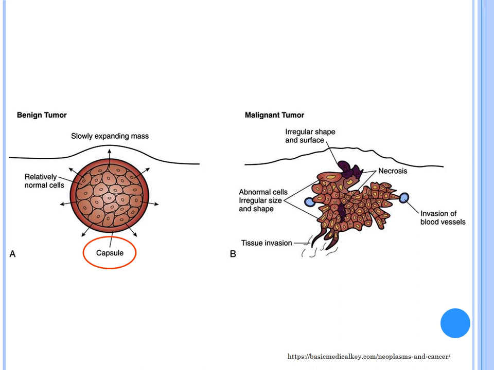So you have a benign tumor that is expanding, and it keeps expanding against the surrounding tissue. These are normal cells, but they form a capsule. But if it is malignant, it will go out and the margin will not be very well defined, and they can go into the blood vessels. And what about the tissues that they are going to damage? Then they will be necrotic. You have the death of the cells, see? And you can see now that you have the anaplastic changes here, they are abnormal, they have pleomorphism, but the important thing here is